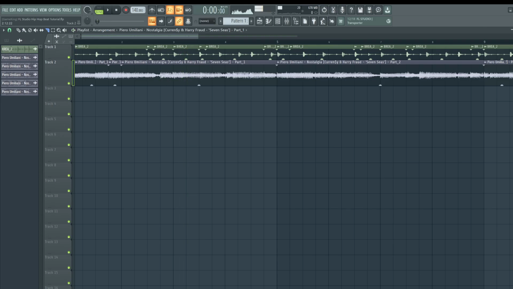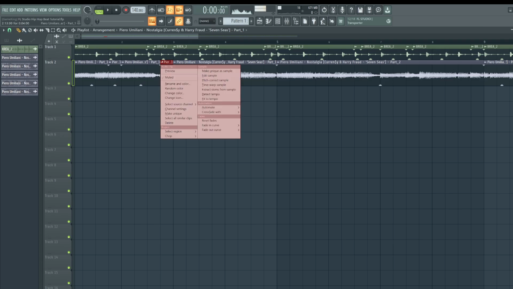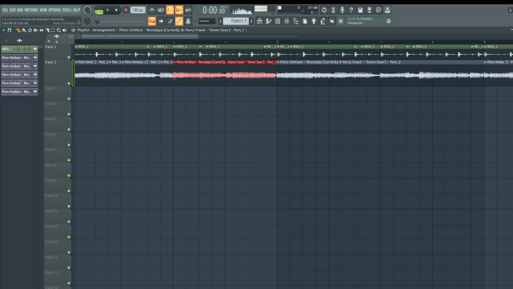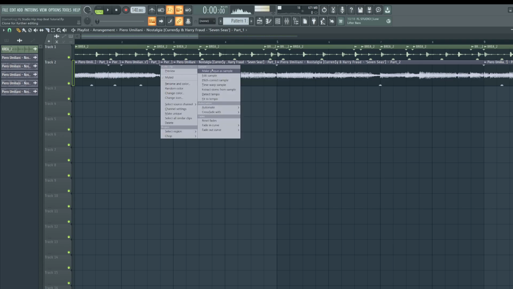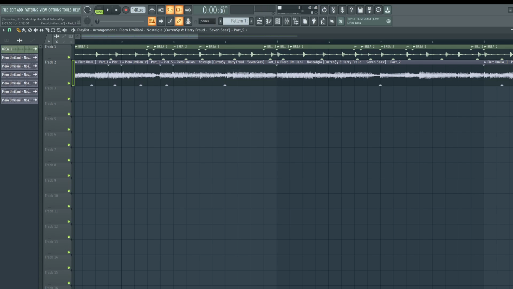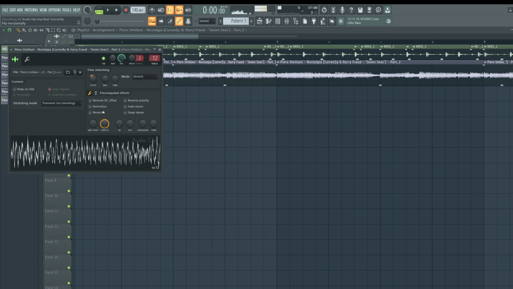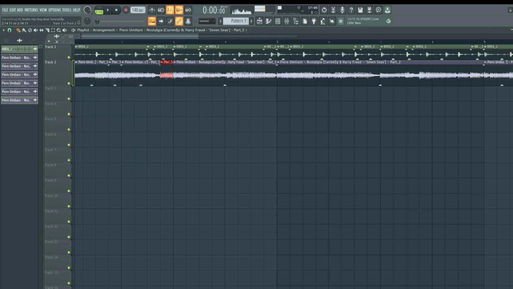And we can also do cool stuff like slice it right here. Now I wish FL did this easier, but we can make this unique as a sample. So I sliced at the end here using the slice tool, shift. I move kind of quick. Shift, left click to slice. Grab the pencil tool, double click in the top left here, go to make unique as sample. And now we can double click and reverse just that part. I wish it was easier to do that in FL Studio, but that's just how it is.